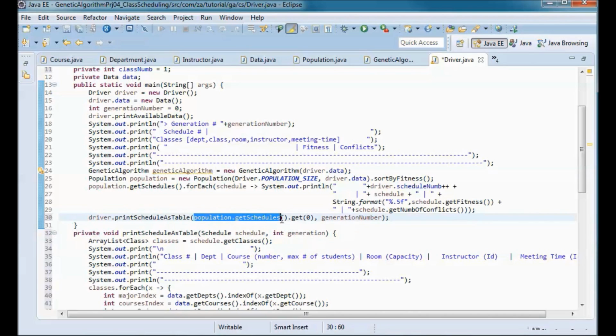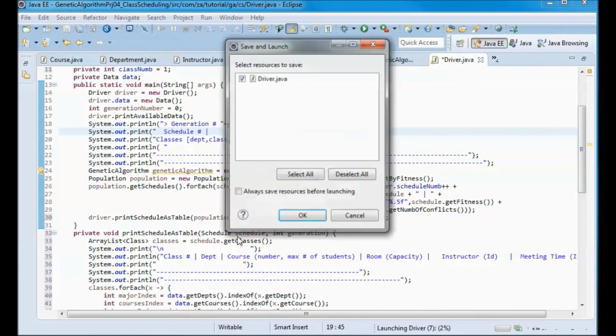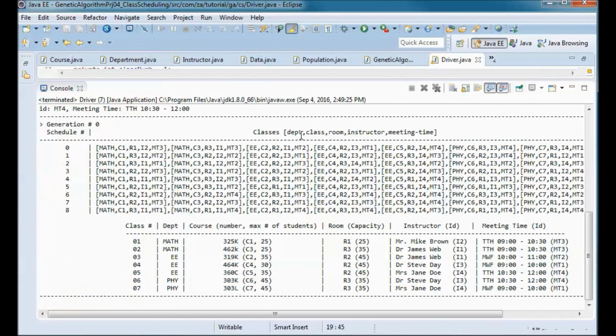So I do population.getSchedules.get0, which would be the fittest, and I will pass it the generation number, which we're still in generation 0. So let's test run it quickly before moving forward.